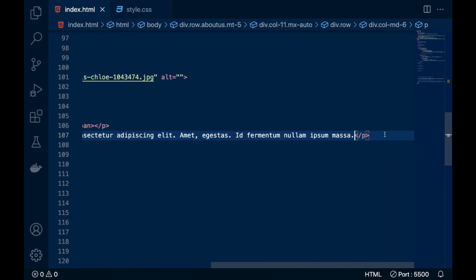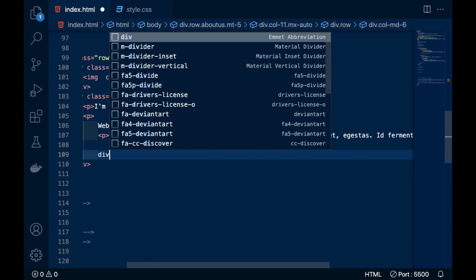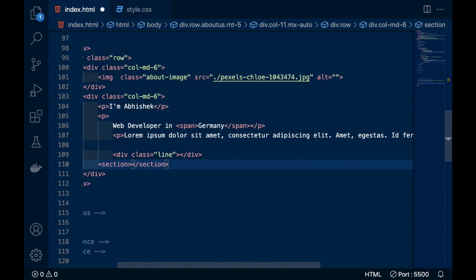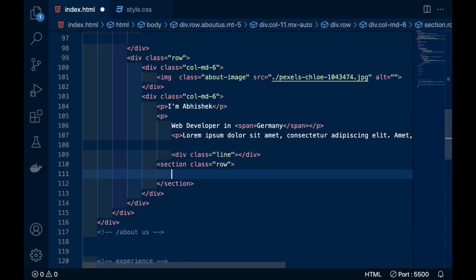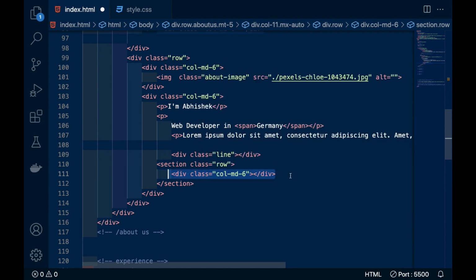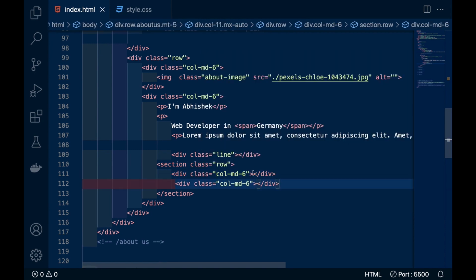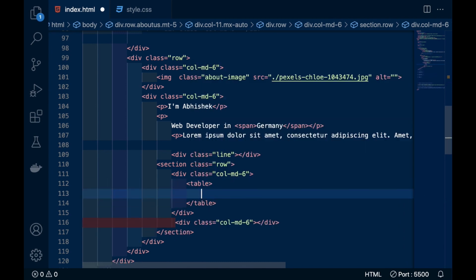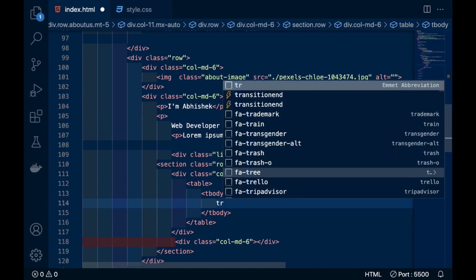Below that I have made a line, and this line is a div, and I will give it the class name line, and after that there is a class row, and I will divide this row in two sections. Column MD6, and again here column MD6, and in this one I will write a table body, table row,